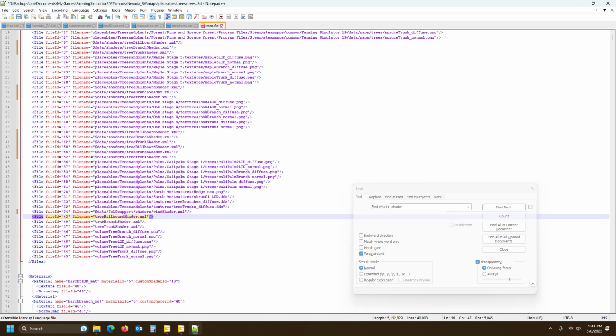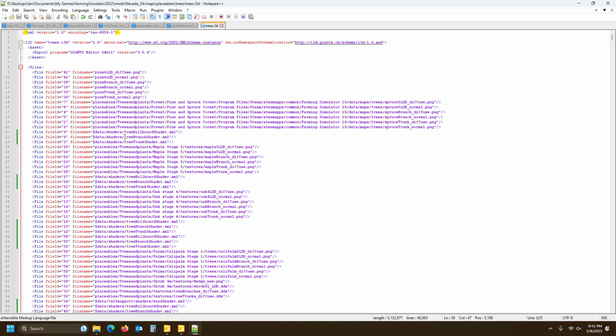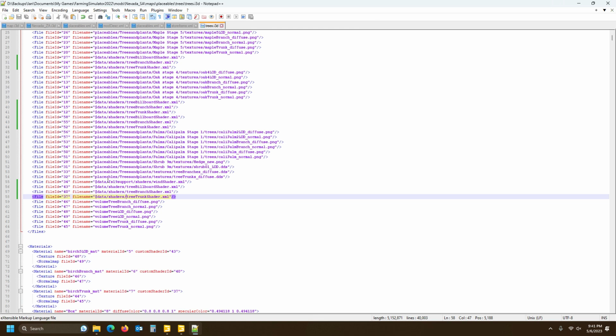Alright. Oh my word, can you believe it? And there's another tree billboard shader here. And another one there. And another one there. And that was the last of the shaders. My golly gosh. Alright, so every tree here had its own shader, which is the same shader all in all. Alright. So hopefully